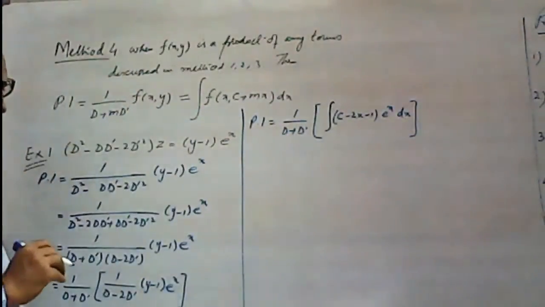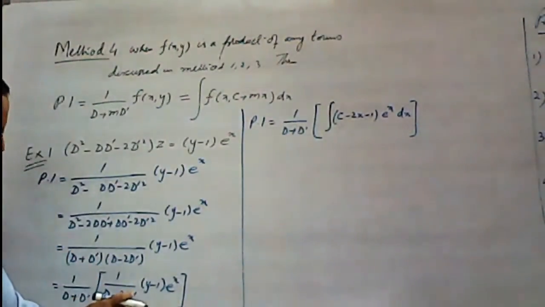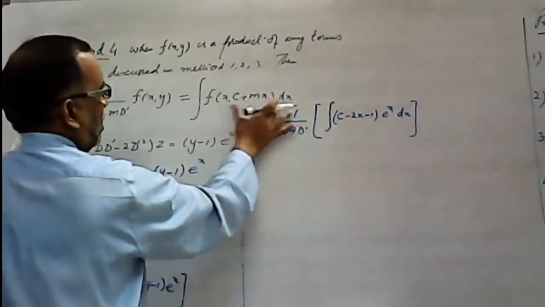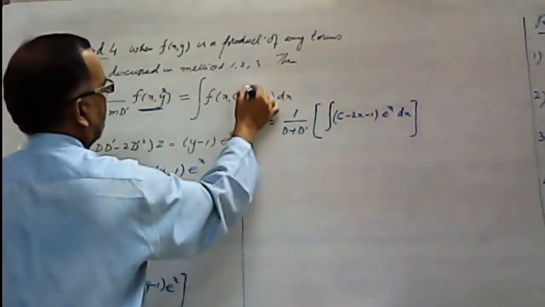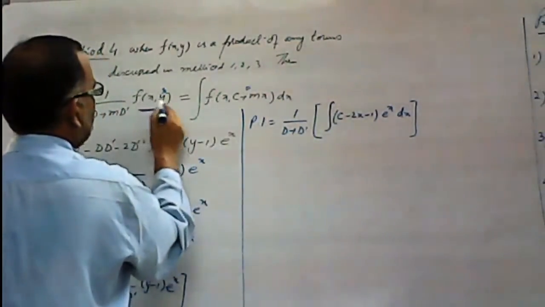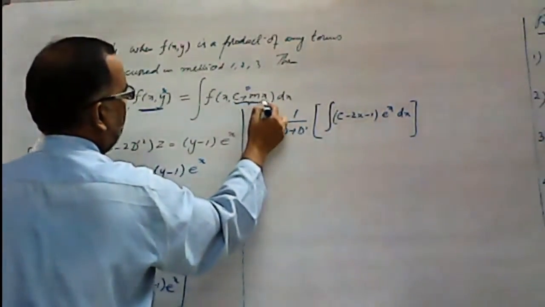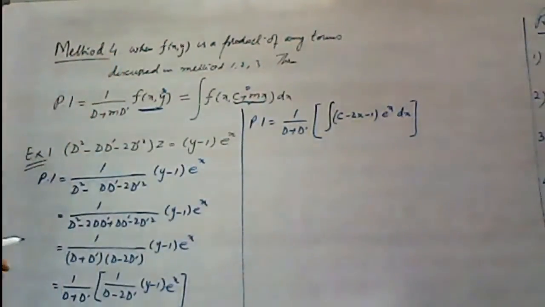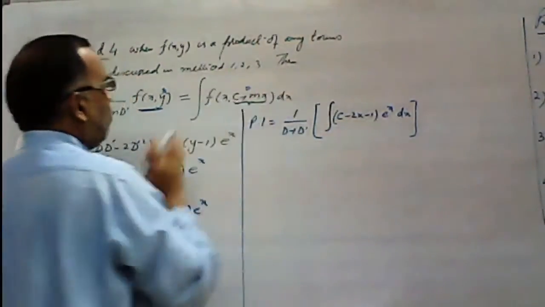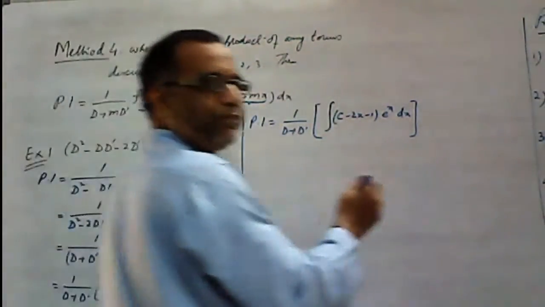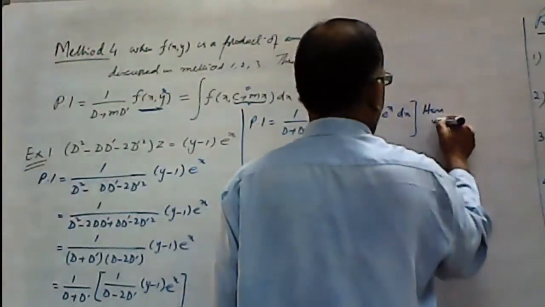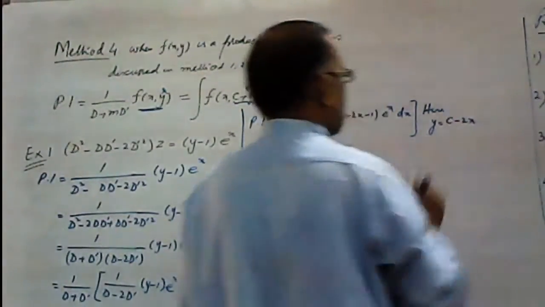How I managed to find? Look at this term and look at this term. What is the difference? We do not need this y here. Look at this, it is the same function of x. Function of x, instead of y we write c plus mx. It means we need to substitute y. Why? Because we can integrate only with one variable. So we need to substitute y. So what will be the substitution of y? You can mention here y is equal to c minus 2x.